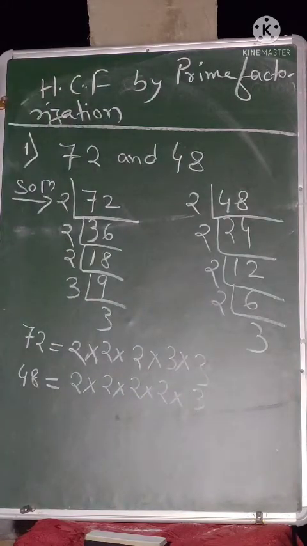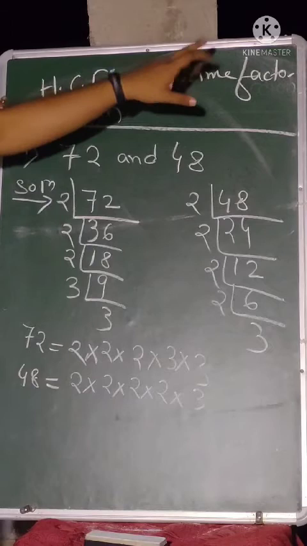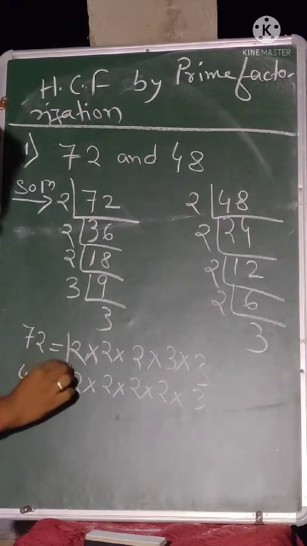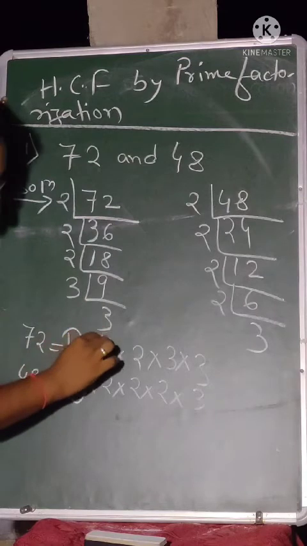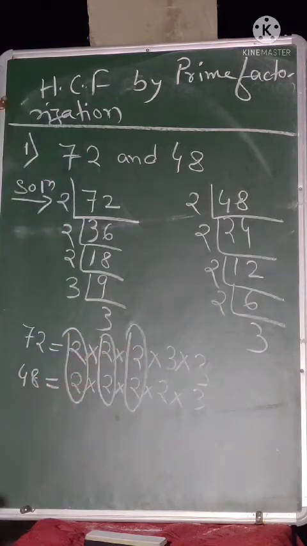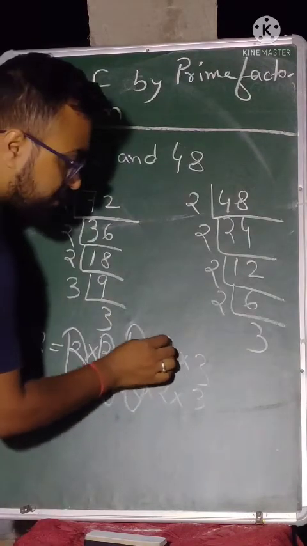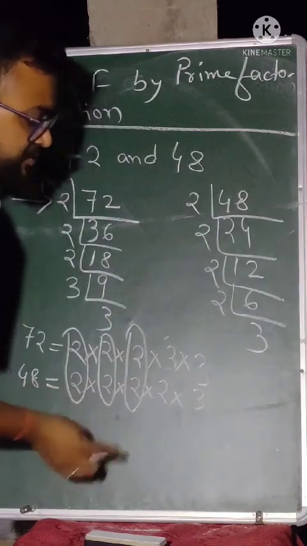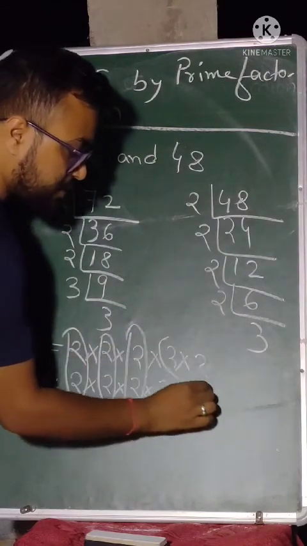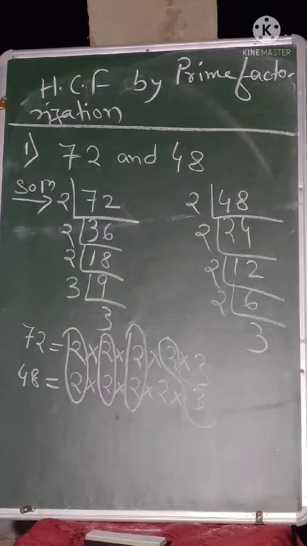Clear? Now to find out the HCF by prime factorization, what we have to do is check only the common factors. Okay, now what are the common factors? You see, these two are common, again these two are common, again these two are common. Any more common left? Yeah, these 3's are common. These three or these three, any 3 you can take. You can take this 3 also, any one you can take. So I am taking this 3 as common. Okay, any more common left out? No more common is left out.